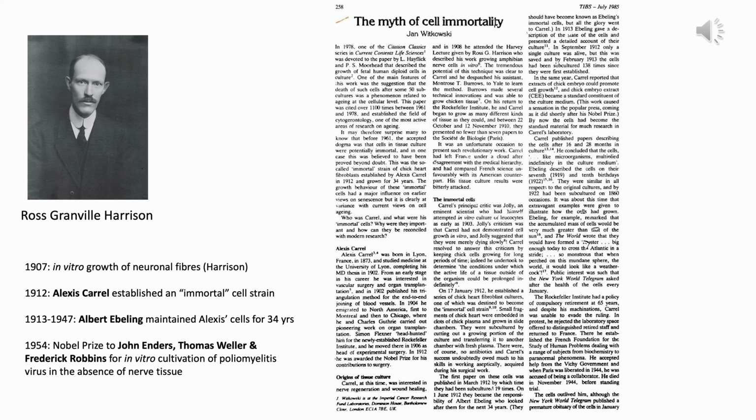Then in the 1910s, Albert Ebeling preserved the chick embryo cell line that was developed by Alexis Carrel. Alexis Carrel, as you can read in this paper that I have enclosed, made several of these, and some of them became immortal cell strains. In fact, Carrel could subculture them more than 19 times before he handed over to Ebeling, and Ebeling maintained them for 34 years by subculturing these cells repeatedly.